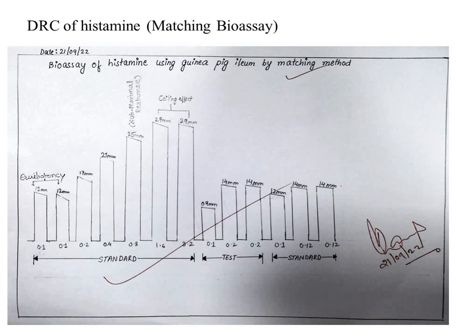What is ceiling effect? It is the effect of a drug through which, after increasing the dose, the response will remain the same, because all receptors will be occupied with the drug. So after increasing the dose, because all the receptors are already occupied, no receptor is available for the extra drug, so the response will be the same as it is at 1.6 microgram per ml of standard.